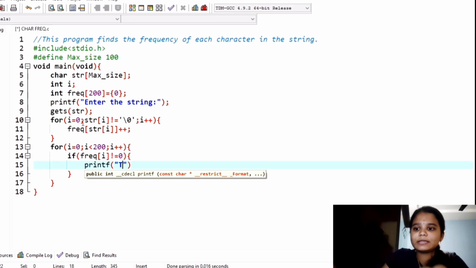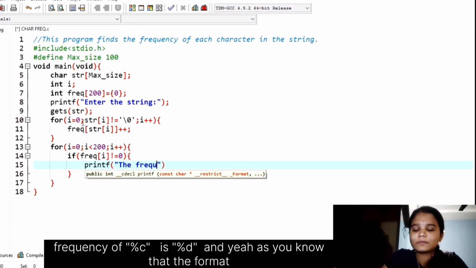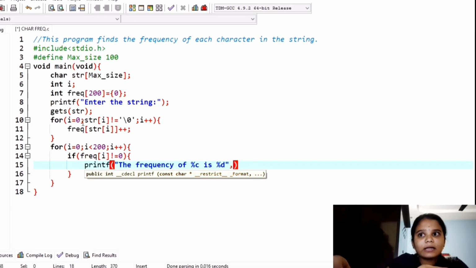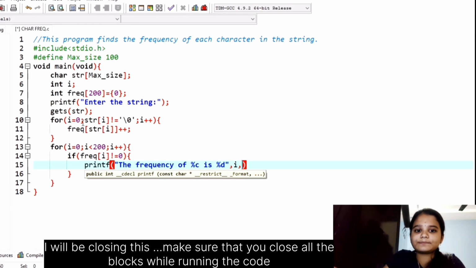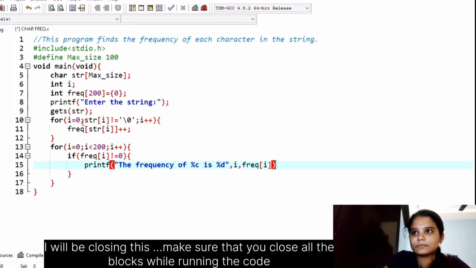The frequency of %c is %d. And as you know, the format specifier for character is %c, whereas for the integer data type is %d. And I'll be closing this.